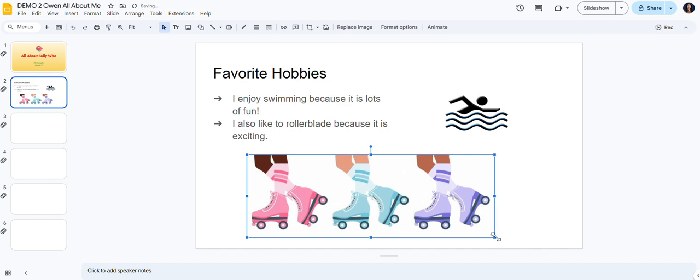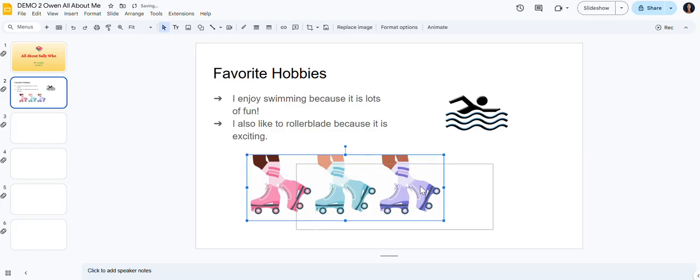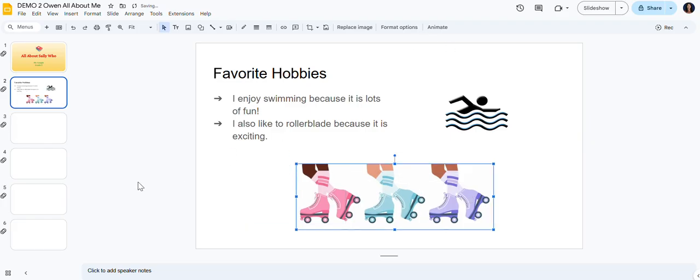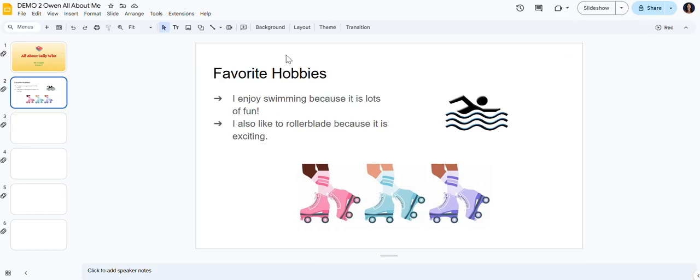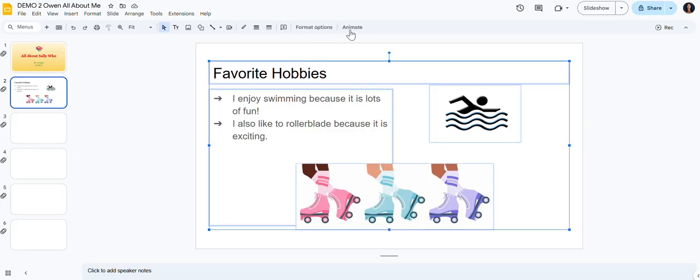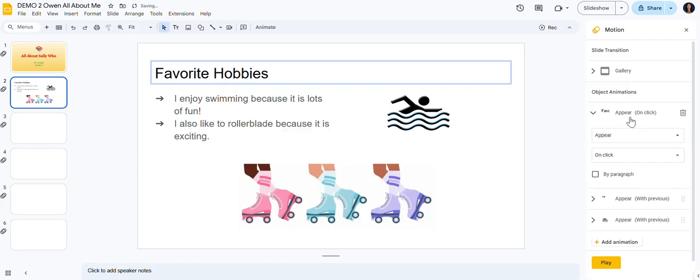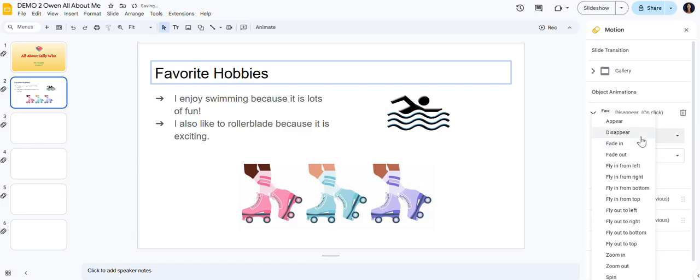Okay, there we go. Now, I do need to add animations. I already have transitions. Remember, I clicked Apply to All Slides. So if I go to Transition, you will see that I already have the gallery transition, but I don't have any animation. So that's what I need to add. So I'm going to do the same thing as my previous slide. Control A, selects everything, animate, and automatically it gives me up here, but I'm going to change that,